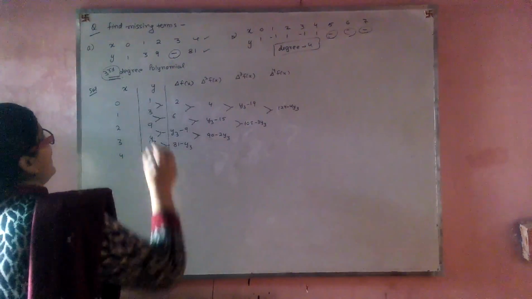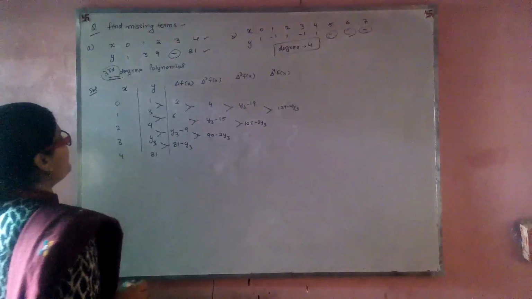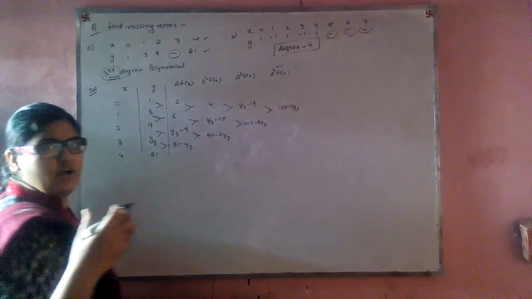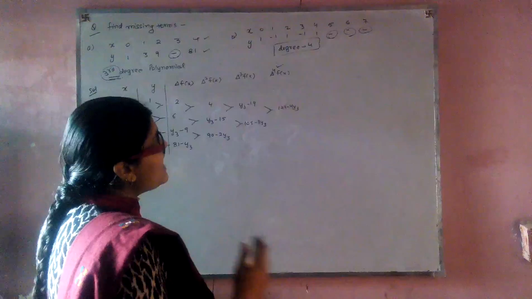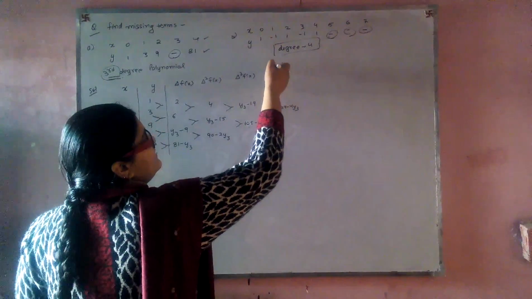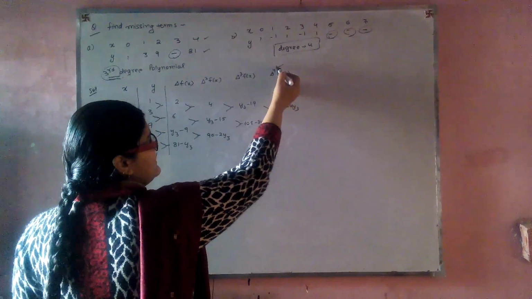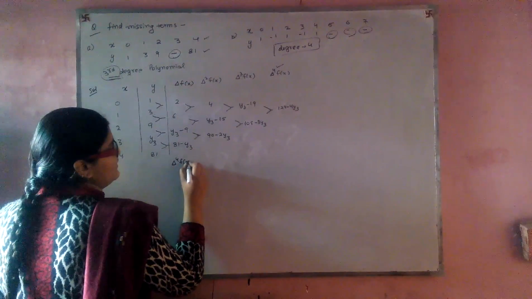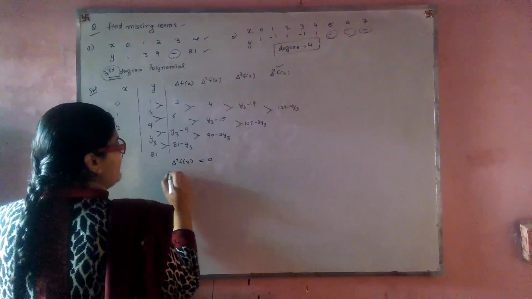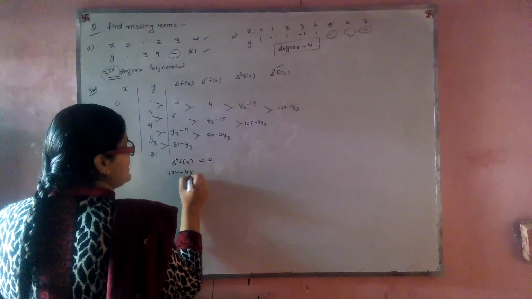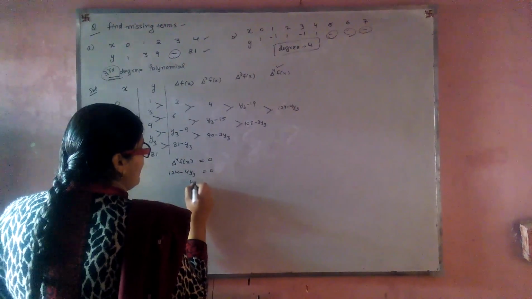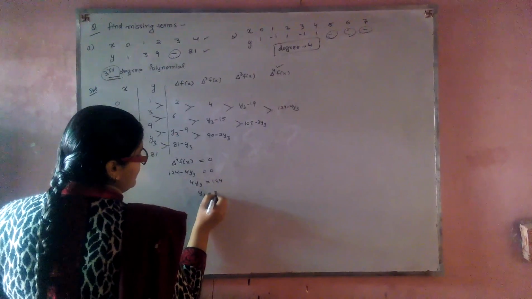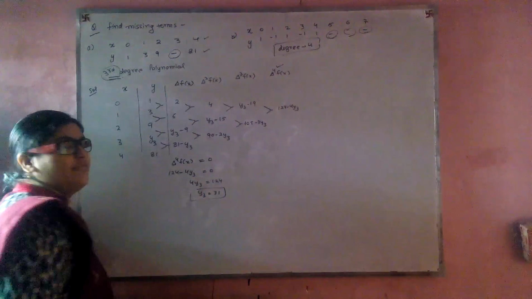Alright. Now as it is a third degree polynomial, the fourth order of the higher order difference operator becomes 0. That is, delta 4 fx, delta 5 fx, all of them become 0. So 124 minus 4 y3 becomes 0. So 4 y3 becomes 124, y3 becomes 31. I hope you will understand very well.